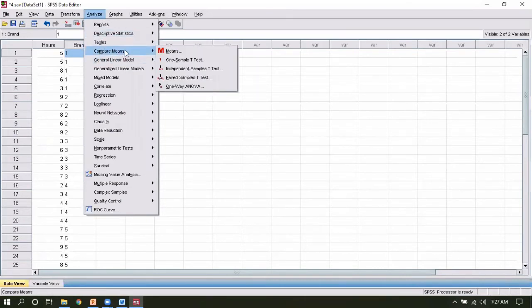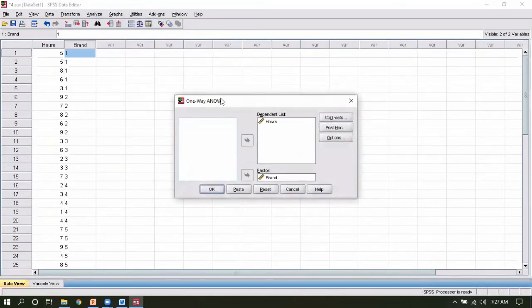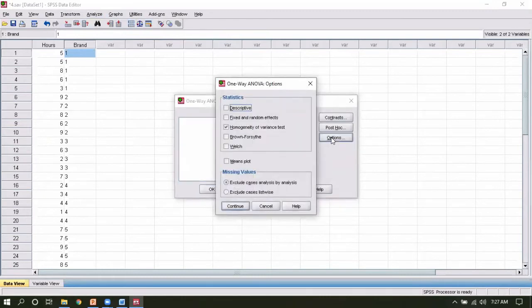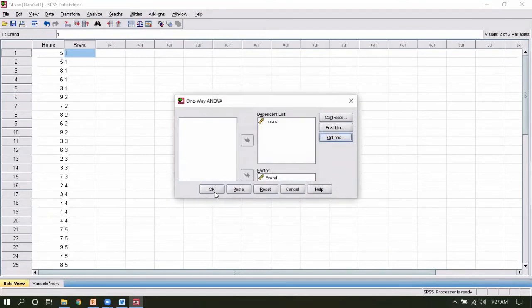For that, we will check the p-value. For one-way ANOVA, go to Analyze, Compare Means, and One-Way ANOVA, and go to Options. Here you will click the homogeneity of variance test. Continue and okay.